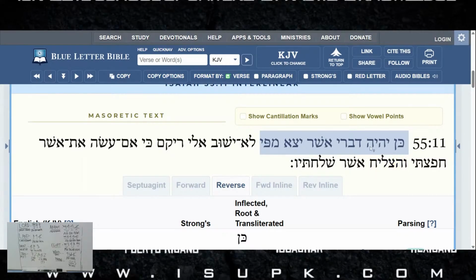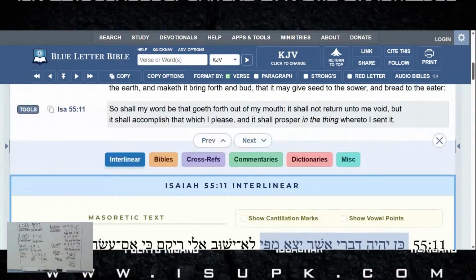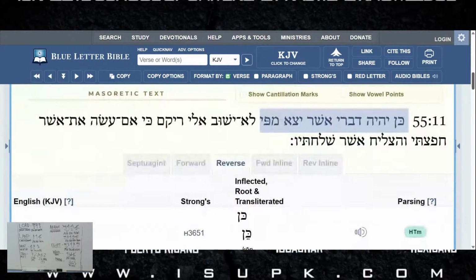It is just showing existence. So shall it be my word, right? My word, what did it say? My word, so shall my word be. So shall my word be. So shall it be my word, which goeth out, went out, goeth out,